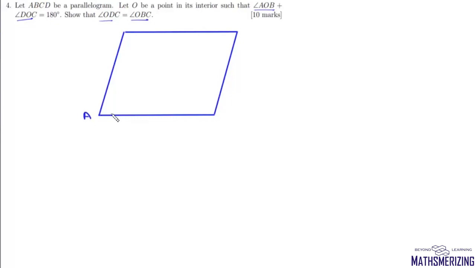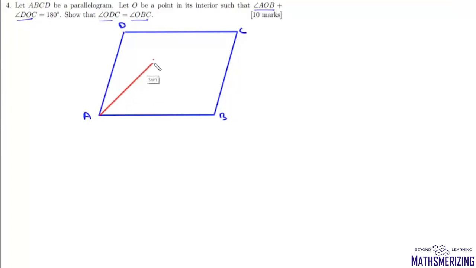Now question number 4, it is a simple geometry problem. It says let ABCD be a parallelogram and let O be a point on its interior such that angle AOB plus angle DOC is 180. We need to show that angle ODC is equal to angle OBC. So first we'll draw this parallelogram. So suppose this is A, B, C and D, and then we have any point O,